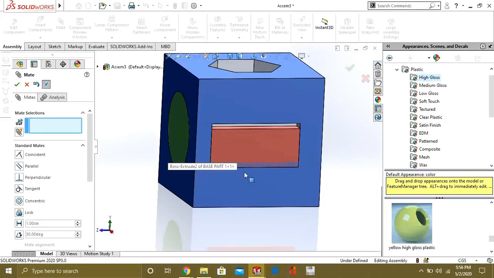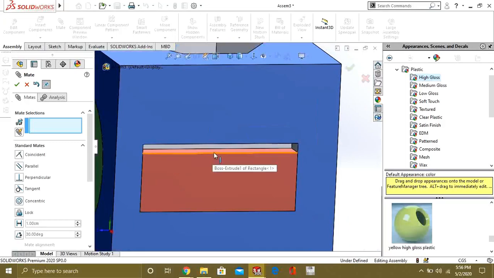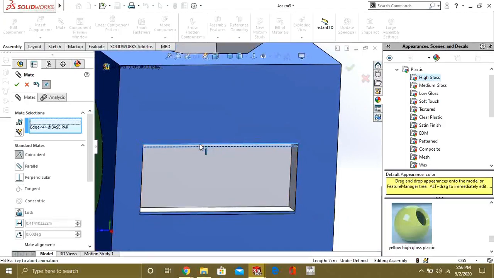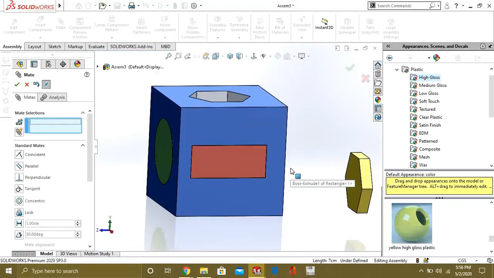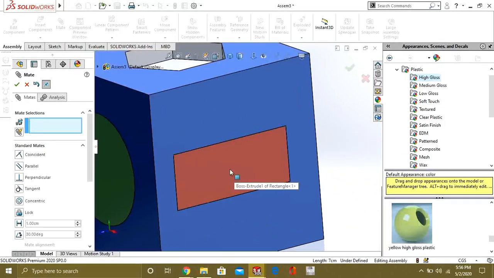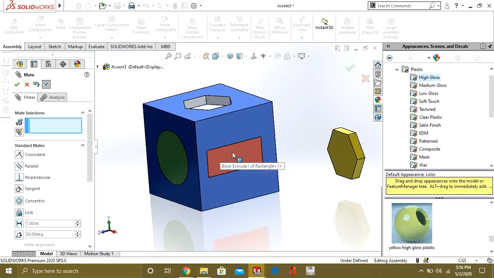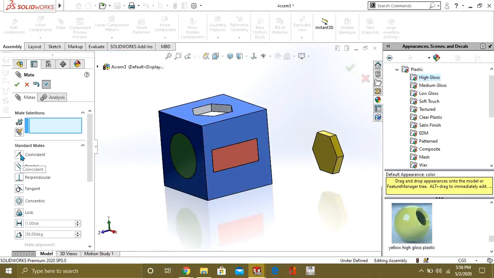Now we will select this vertex and make it coincident. Now it is completely fully defined with this rectangle. So these were our coincident, parallel, and perpendicular mates.